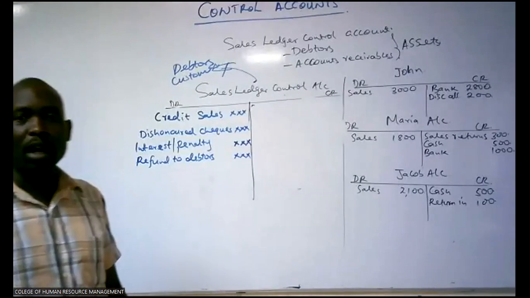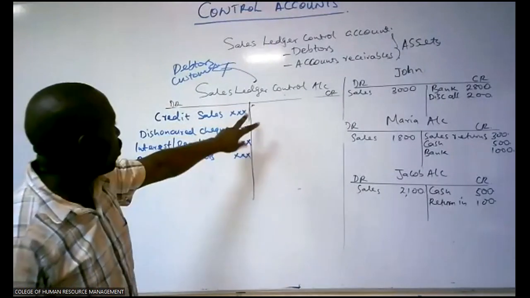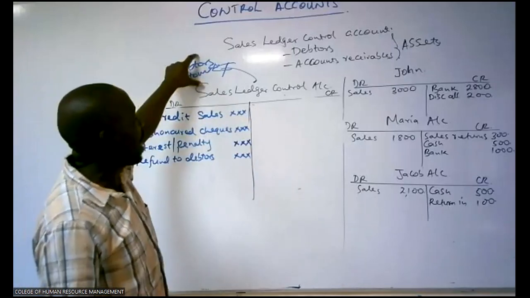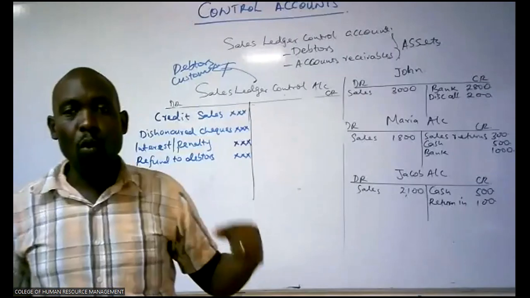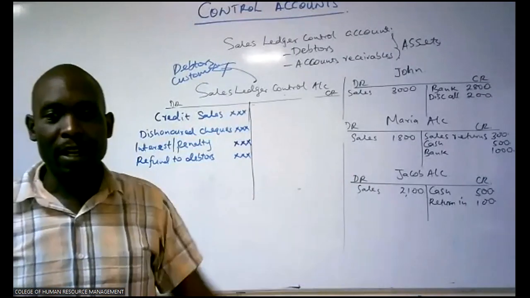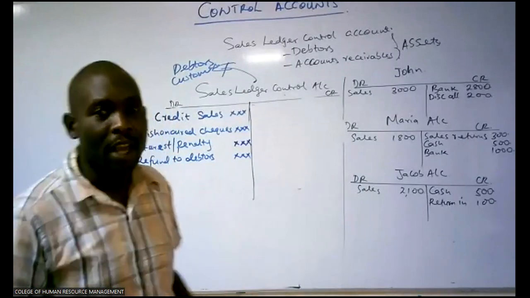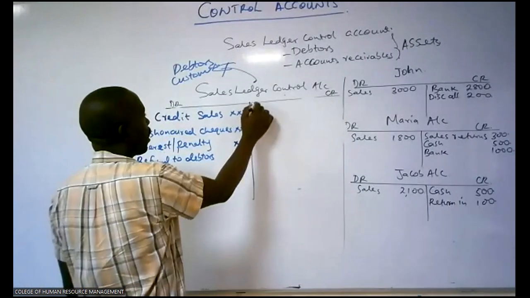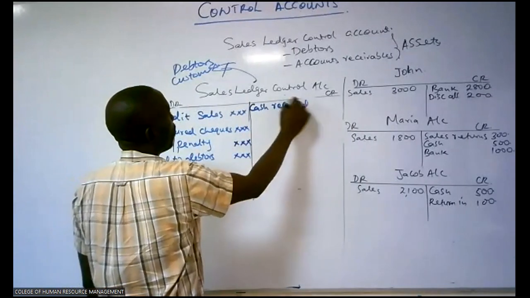We will always be talking about the debtors or the customers. And then those items that reduce the balance from our debtors, those items that reduce what we expect to be paid from the debtors will be credited, because a decrease in asset is normally credited. And here we shall have cash received from debtors,